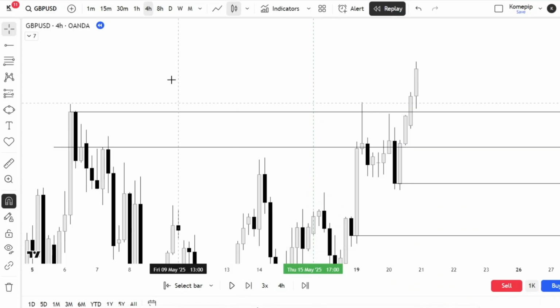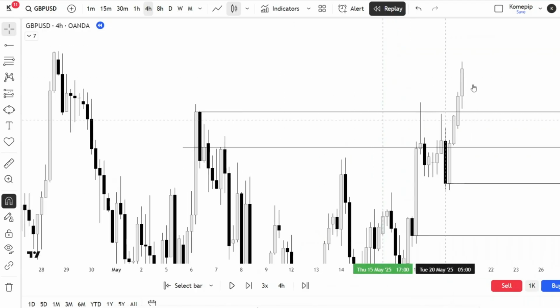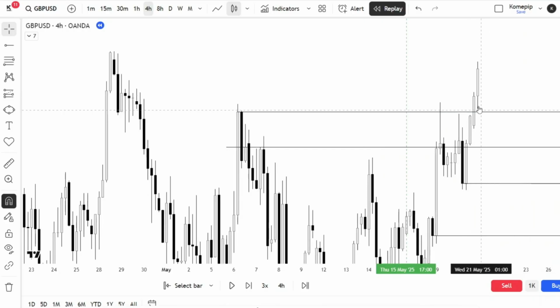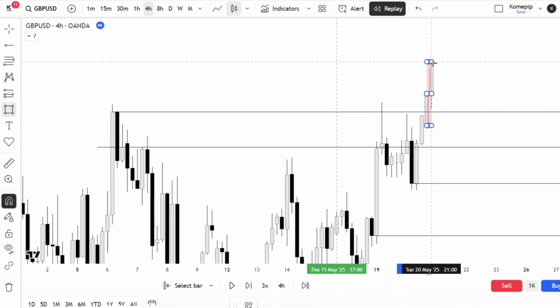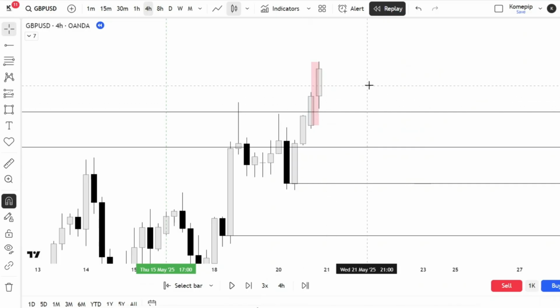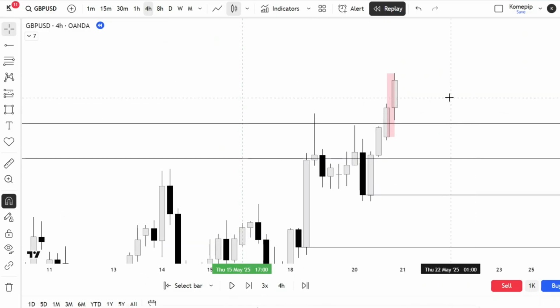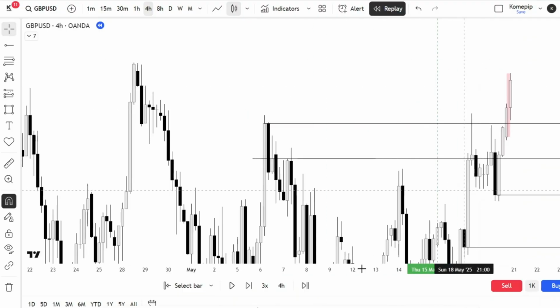At this point I was on the higher time frame, which is the daily time frame. I was anticipating that price will sell. Of course, price decided to do its thing, and remember, these are Asian sessions. So you might be asking, how did I know that these two candles are Asian session? Of course, the first two 4-hour candles, which is the first 8 hours of the day, is usually the Asian session. So at this point, I was expecting a sell, and of course this is also a key level,